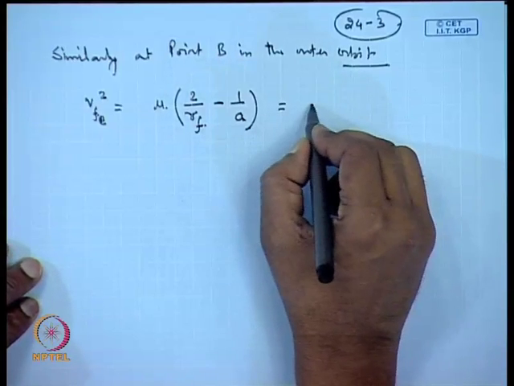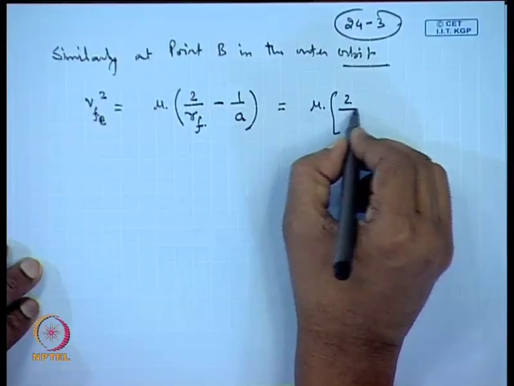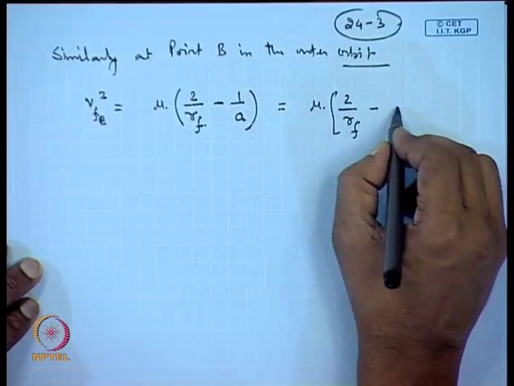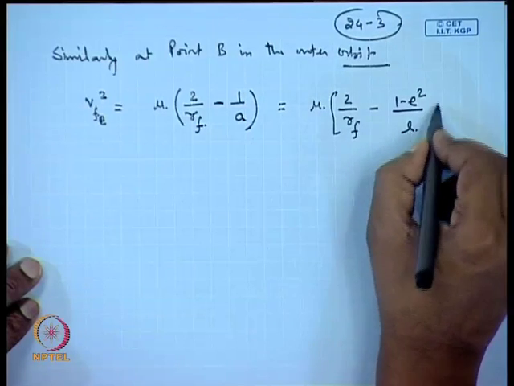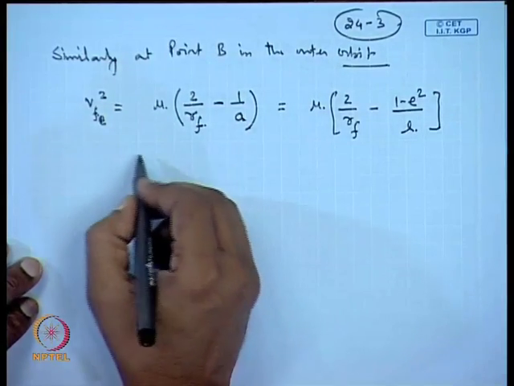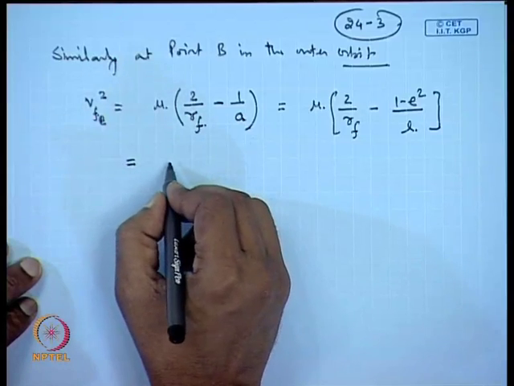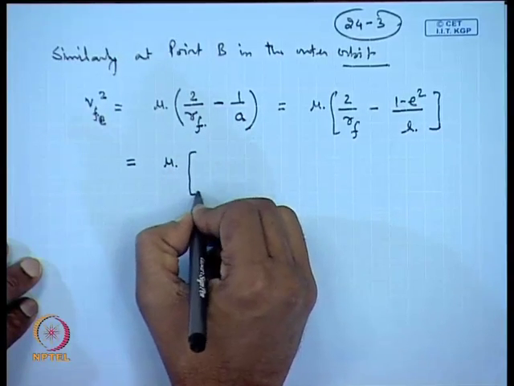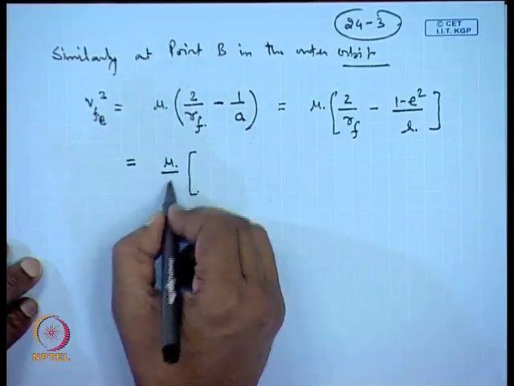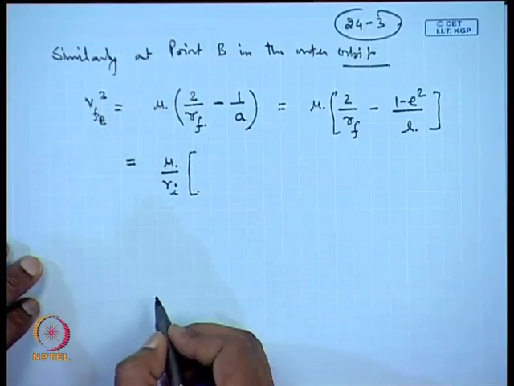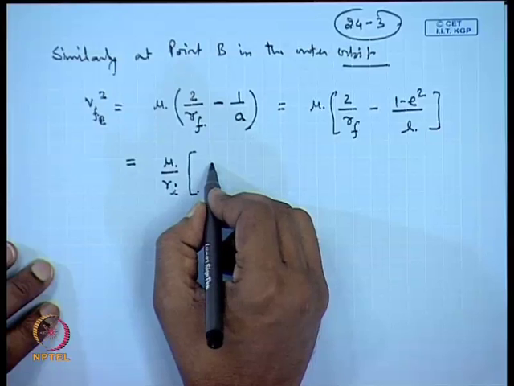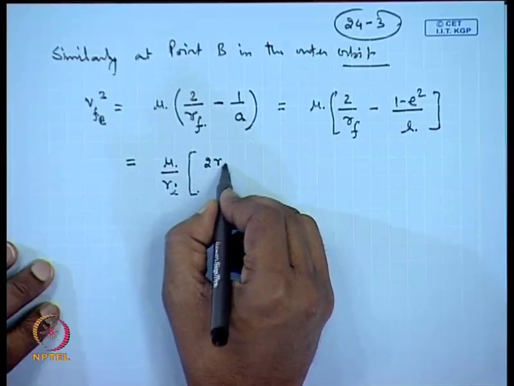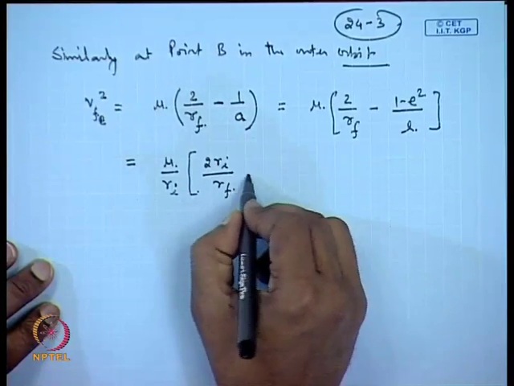So, therefore, this is 2 by r_F minus 1 minus e squared by L. And we can take r_I as the common factor. So, this can then be expressed as 2 r_I divided by r_F minus